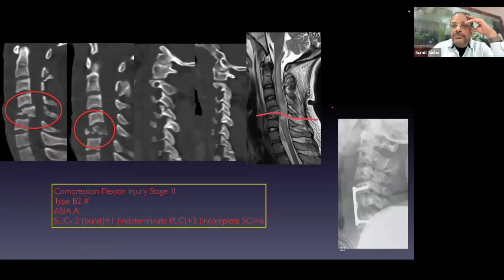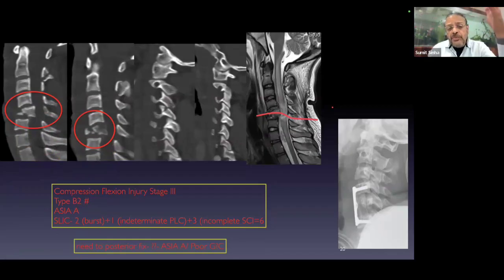And this is what was done in the surgery. Need to fix posterior fix because patient was Asia A and therefore poor GC, and we had to decompress it. So what I do in my clinical practice, if a patient's GC does not allow fixation upfront 360-degree, what I do at least to fix it from front, and then later on, if the patient improves the neurology, then I can support it if required from a posterior aspect.